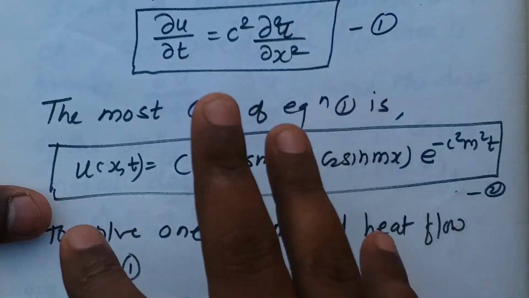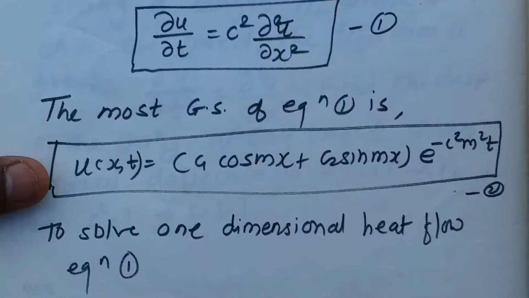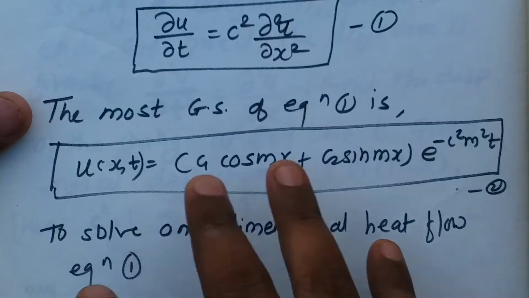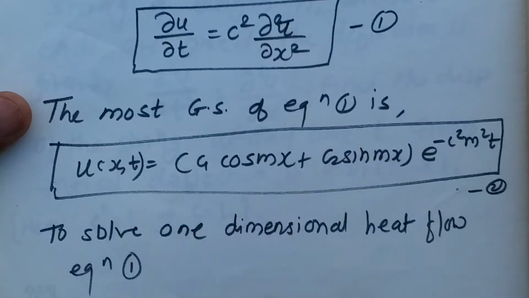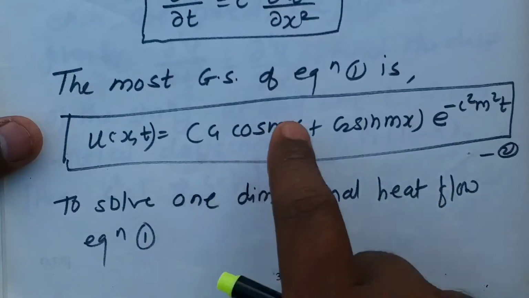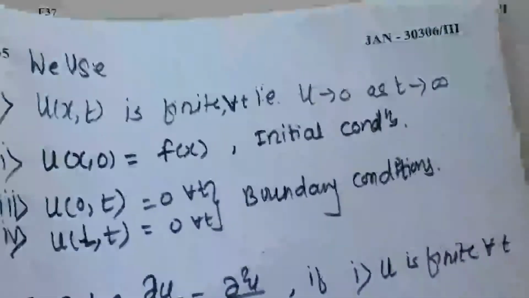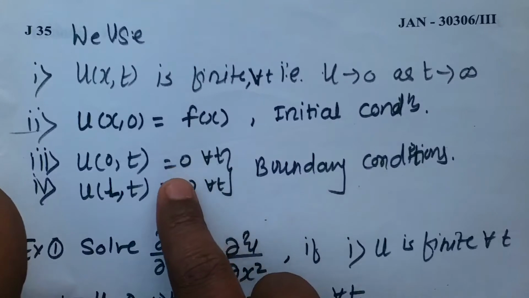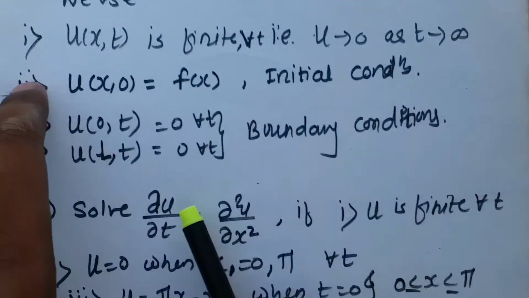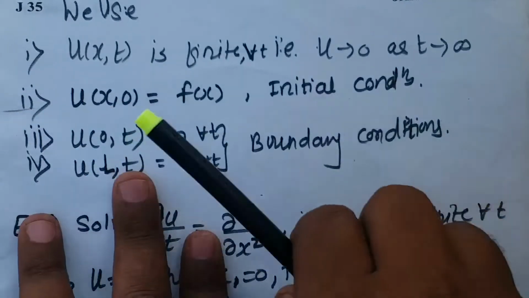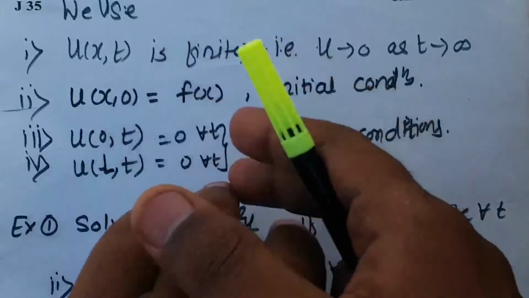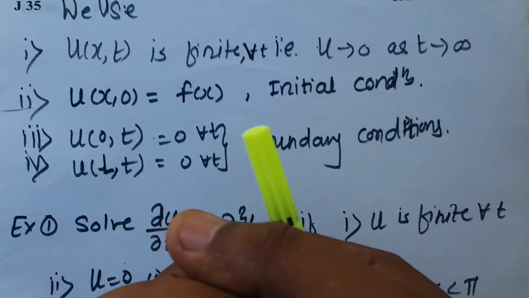Okay, we just have to eliminate two arbitrary constants. Fine. So by using two or three conditions will be enough for determining the final answer. To solve the one-dimensional heat flow equation, we use these types of conditions. In problems, they will sometimes provide you the conditions directly, and sometimes the problem is given in word form, right? So we have discussed both types of problems in the wave equation as well.